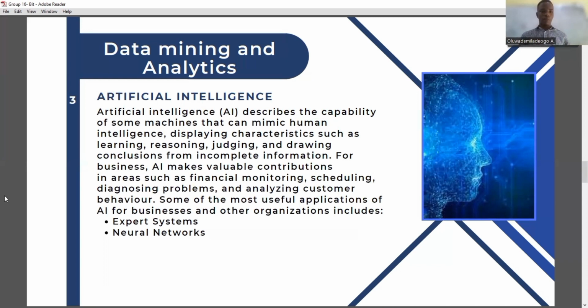So for business, artificial intelligence makes valuable contributions in areas such as financial monitoring, scheduling, diagnosing problems, and analyzing customer behavior. Some of the most useful applications of artificial intelligence for businesses and other organizations include expert systems and neural networks. The neural networks in particular attempt to mimic the way the human brain operates with its vast network of interconnections, and these networks are usually used to spot